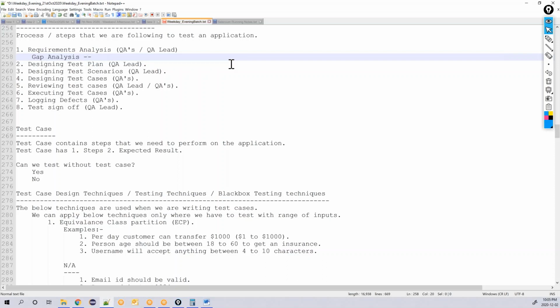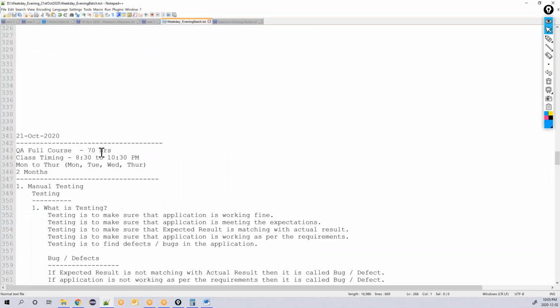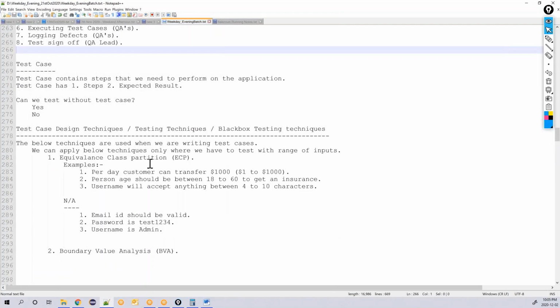So gap analysis is finding or identifying the mistakes in the requirements. We do gap analysis when we are writing test cases. Before you write test cases, you will do the gap analysis.